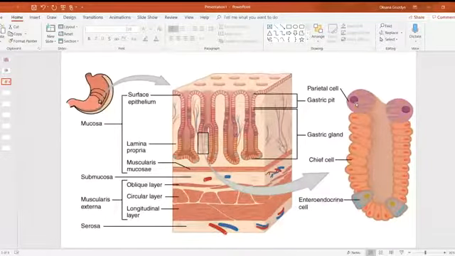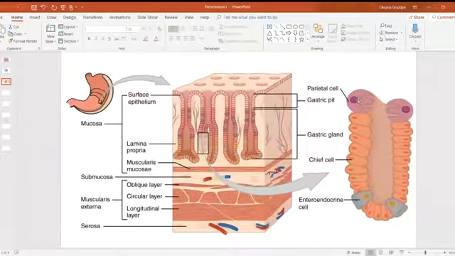and they also secrete gastric intrinsic factor. And what gastric intrinsic factor is responsible for is that it binds vitamin B12 and carries it from the stomach to the small intestine and facilitates absorption of it. So if you don't produce gastric intrinsic factor, you'll have pernicious anemia, because B12 is an essential coenzyme for red